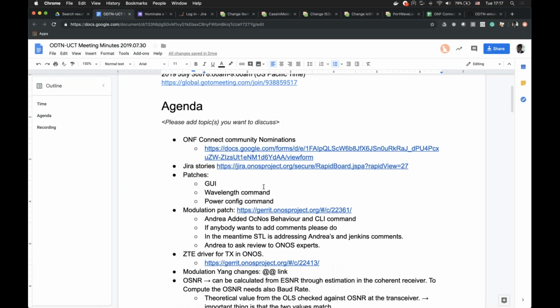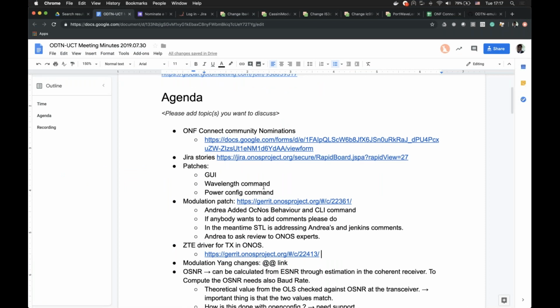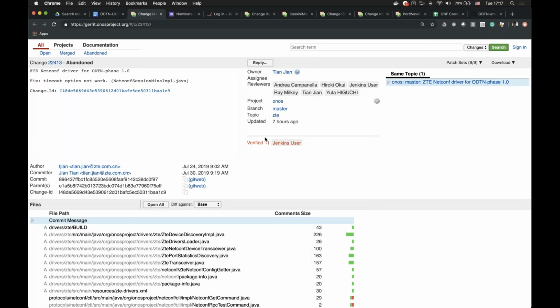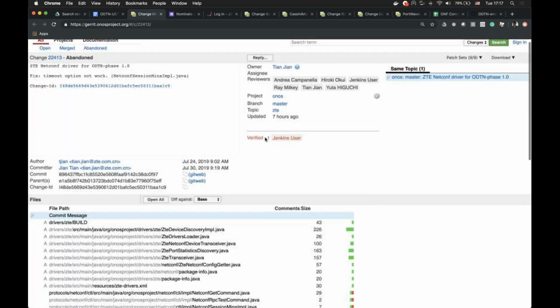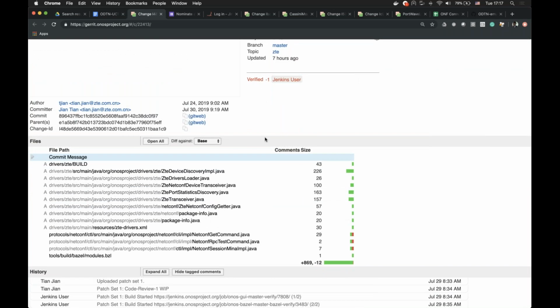So please do make any comments to the patches that are still open, meaning the Cassini modulation one and my own for the CLI command. If there is anybody that wants to do some reviews, please feel free. A very good contribution that we received about 2 days ago, I think. I still have not reviewed this. I have looked at it briefly. I do have some comments on the way they have done things, but a very good start is